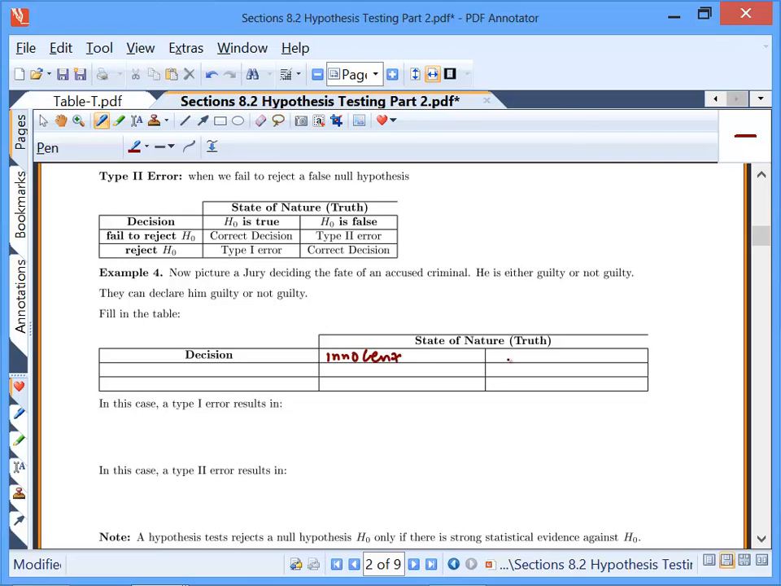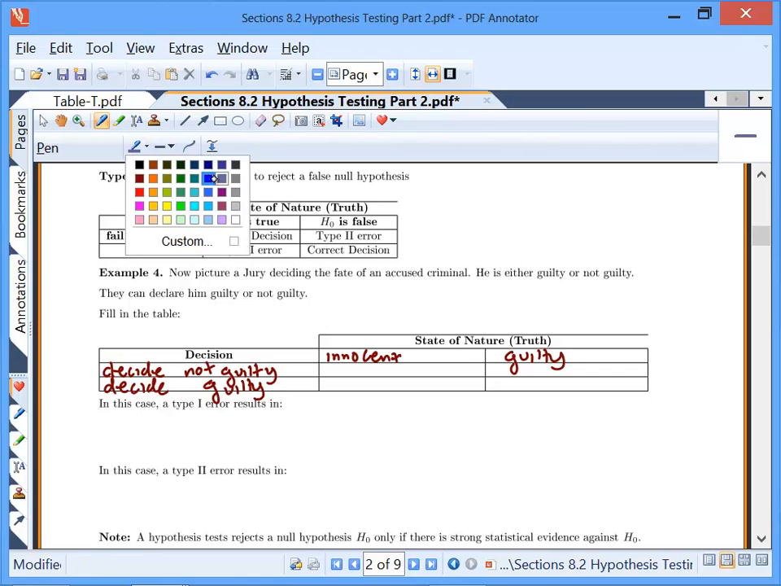innocent or guilty. And what are your two possible choices that you can make? You can decide he is not guilty, or you can decide that he is guilty. Those are the two verdicts. Okay. So if he's innocent and you declare him not guilty, that is the correct decision. If he's innocent and you declare him guilty, that would be a